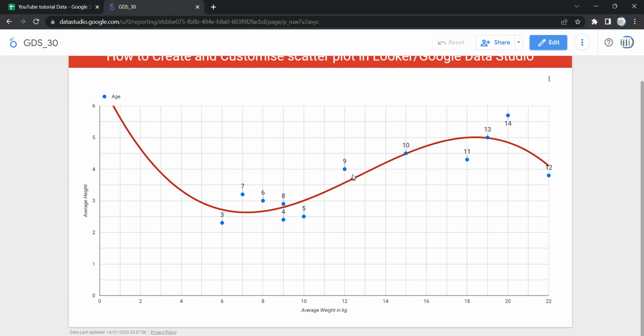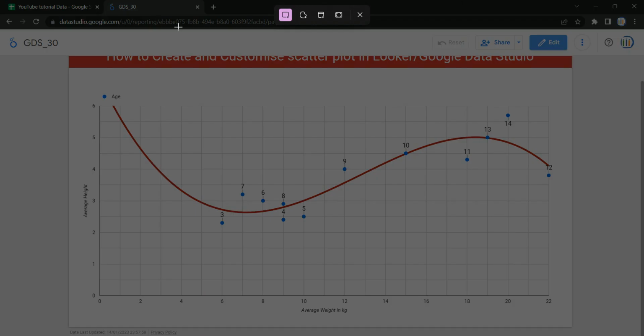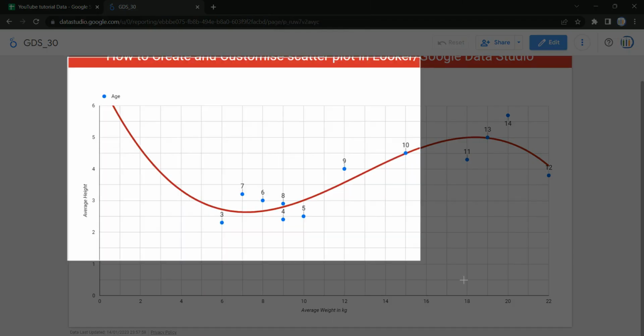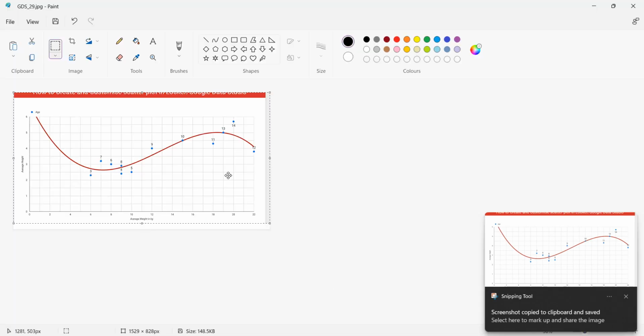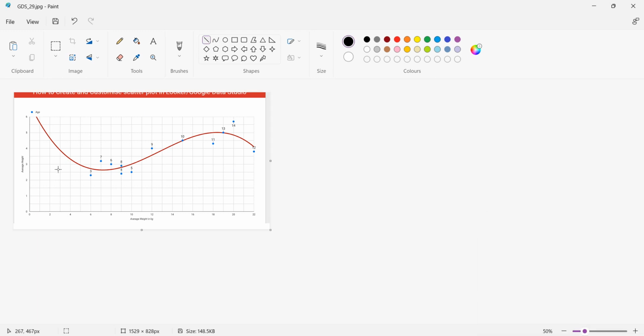And the general direction of the slope of the trend line shows the type of relationship or the correlation between the variables. For example, let me take a screenshot of this. Okay, and go to Paint and put it over here. Now the thing is,